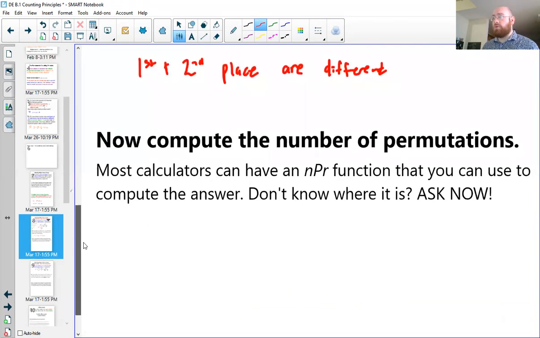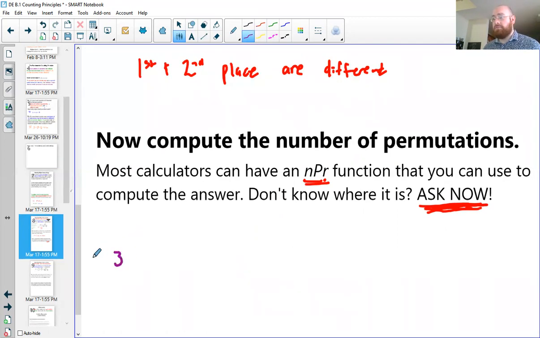So when we compute our permutations and combinations, we are going to more often than not rely on our calculators. We often have an nPr function on our calculators. However, since this is the first time we're doing it, and even though I would love to show you on every calculator, I don't have one of every calculator to show you. But the general idea would be if we have 3 people, that's our n, and we are picking 2 of them for first and second place, we have the permutation